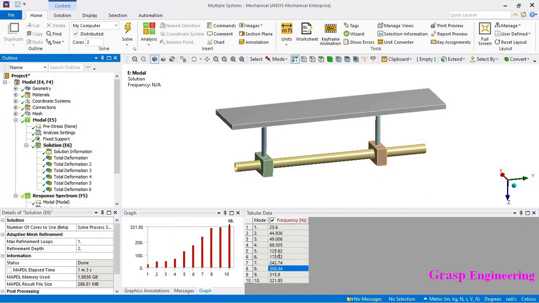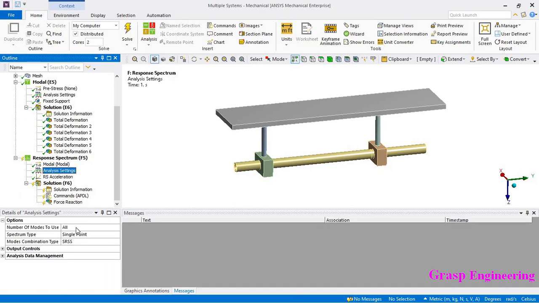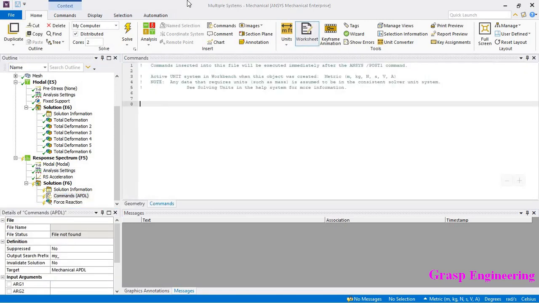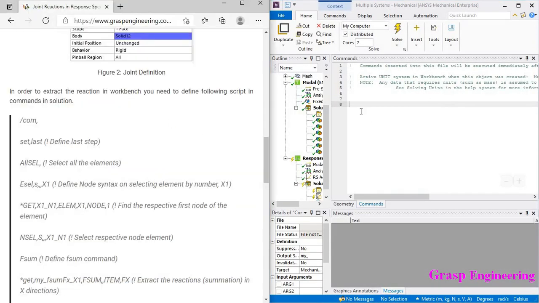Okay, so let's consider 8 modes. So here you can define 8 modes you are going to use, and inside the command we will just write that respective. So I will just write side by side so that we can refer.